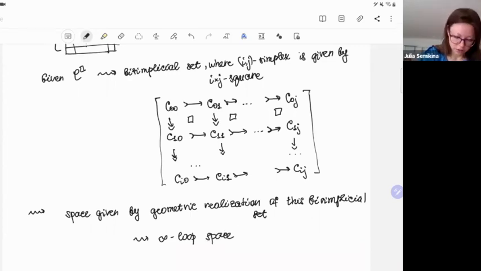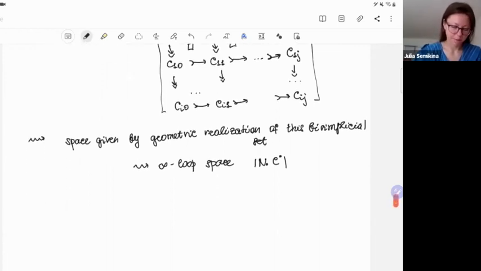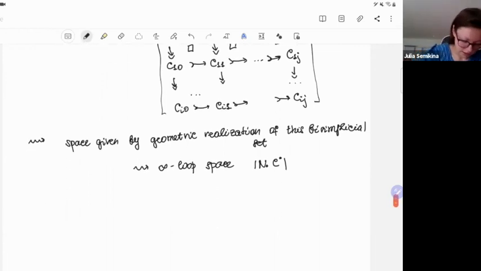And I will denote it like this, because in some sense I'm just taking a nerve of a certain simplicial category. And this nerve is a bisimplicial set. So this is my infinite loop space, and I define K square of this C square to be